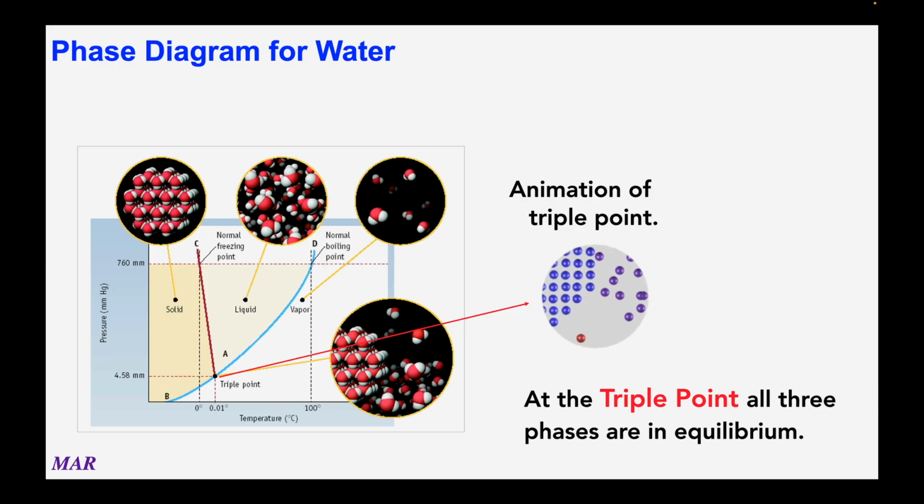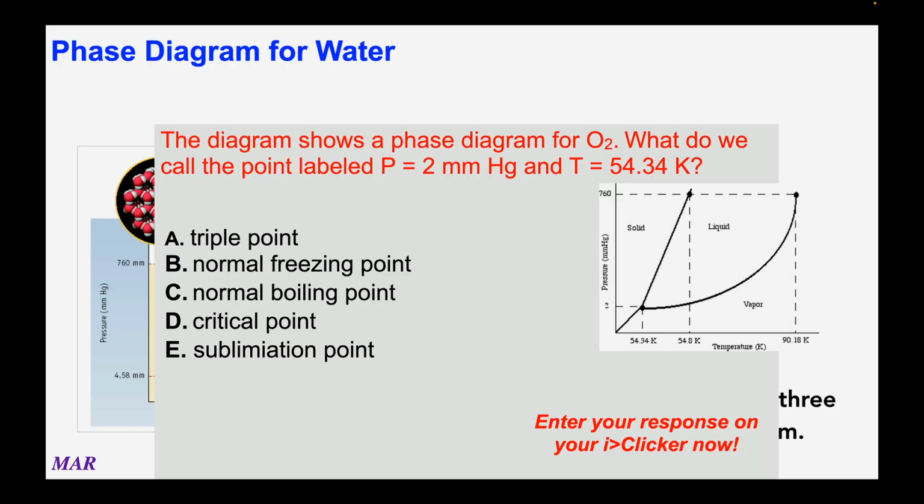And so for water, if you're at almost 0 Celsius, 0.01 Celsius, and your pressure is 4.58 millimeters of mercury, and remember normal pressure is about 760 millimeters of mercury, then you can get all 3 phases at the same time. So you'd see an ice cube, liquid water, and gaseous water all happening at the same time, which is pretty crazy. Here's the phase diagram for oxygen once again,